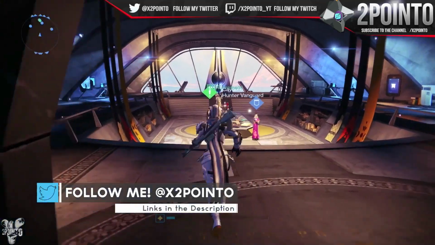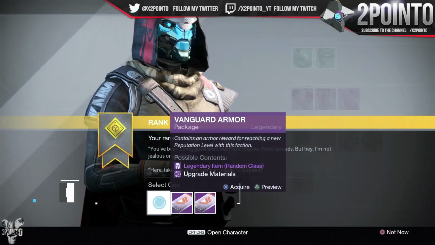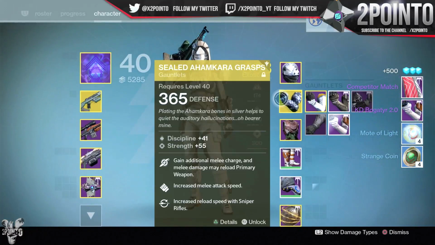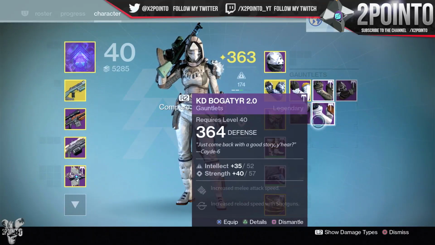Next one though, my character's light level went up to 363 since the last package, and I went for an armor piece this time and was given a set of gauntlets and another cloak. The gauntlets came at 364. I did already have a set of 365 gauntlets, so that was a bit of a shame,